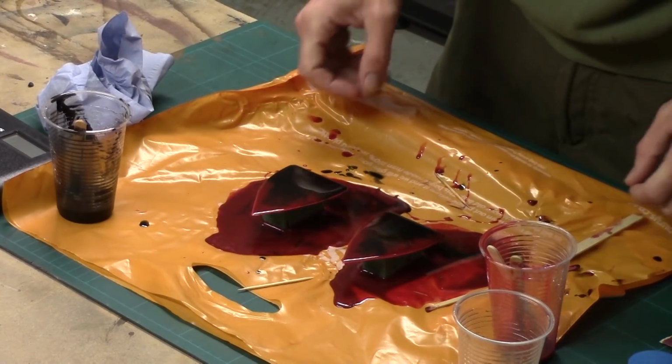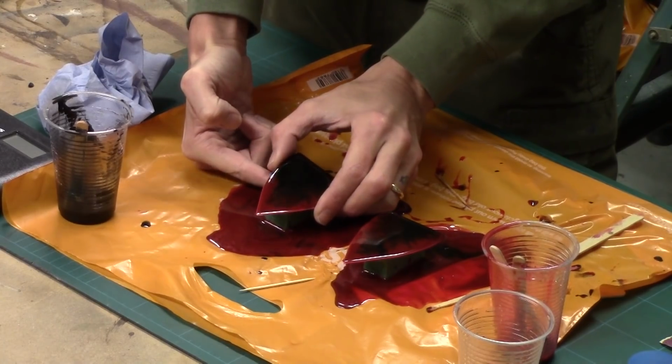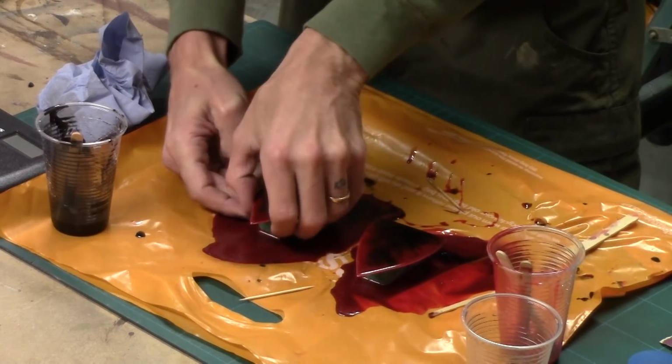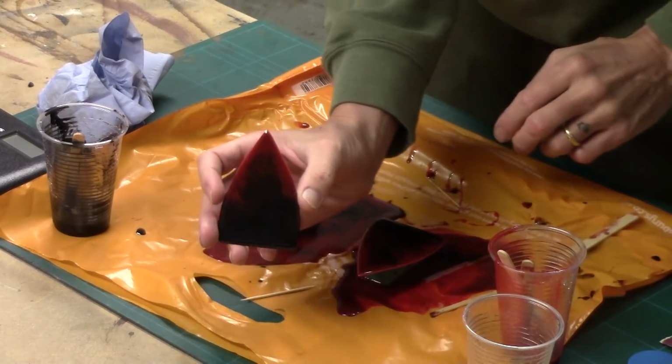So it's the morning after and our resin has dried. Come take a look at these. Now here we go, let's pop them off. They're only glued on with a little bit of PVA, so... Oh, there we go. Bit of resin, got that. But if I turn around and show you,